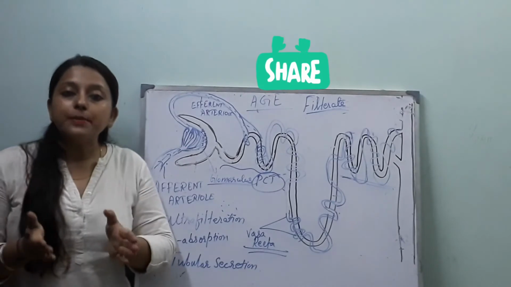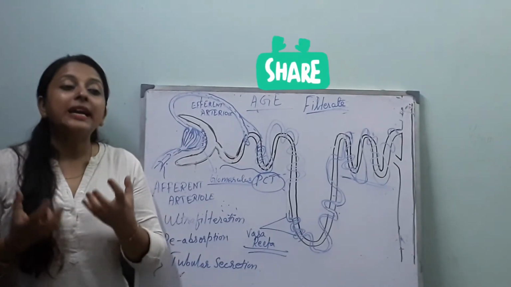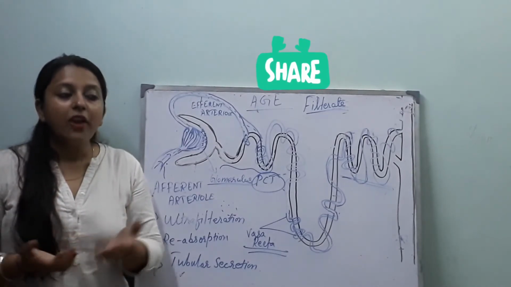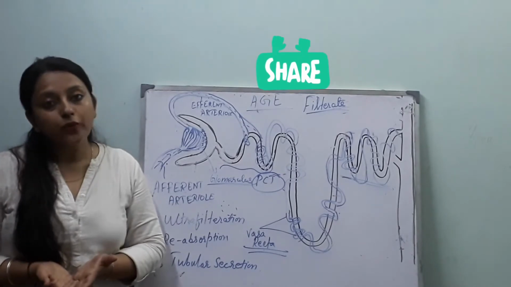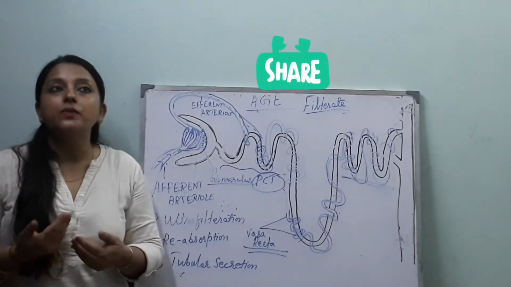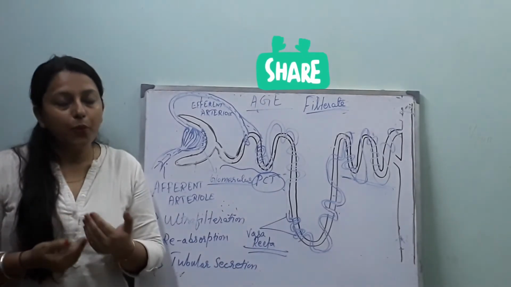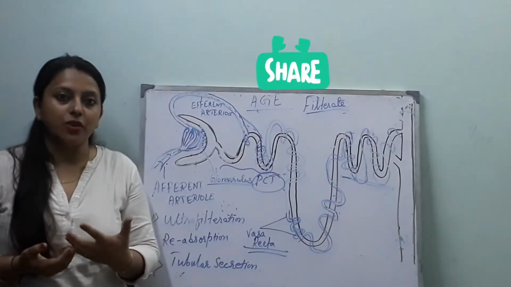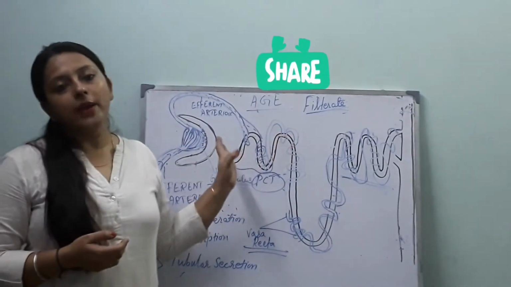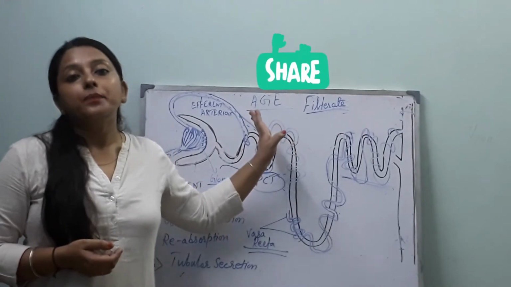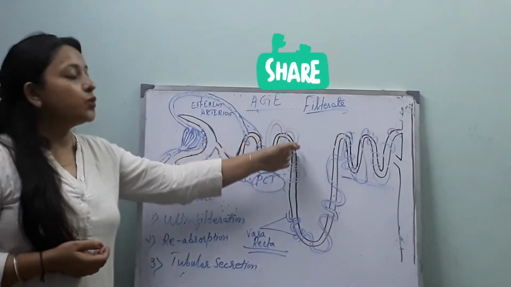Because the cells of the proximal convoluted tubule contain villi-like structures, which increase the surface area of the proximal convoluted tubule, and it reabsorbs ions, electrolytes, ammonia, water molecules, etc. Okay, and glucose. The maximum reabsorption takes place in the proximal convoluted tubule. Now, the rest of the amount enters into the loop of Henle.